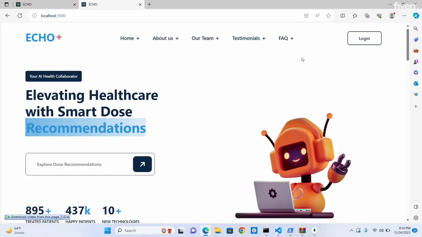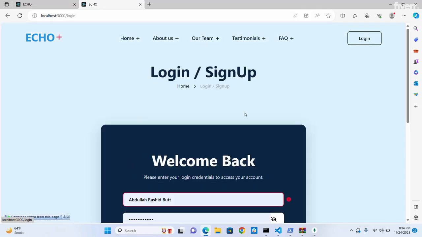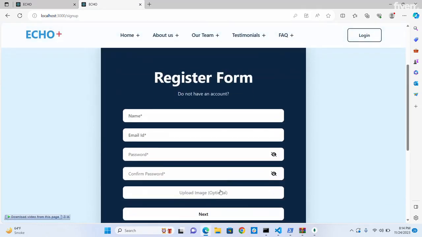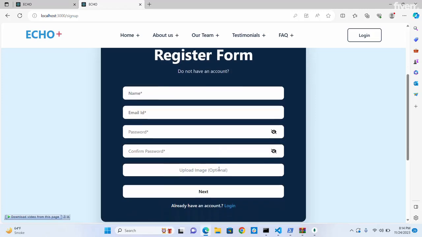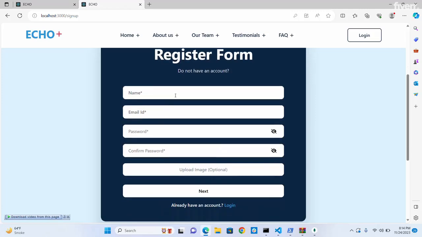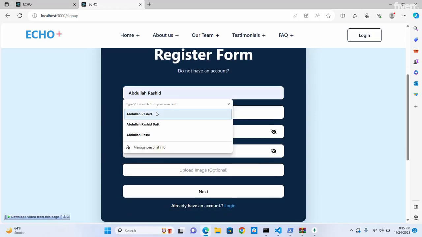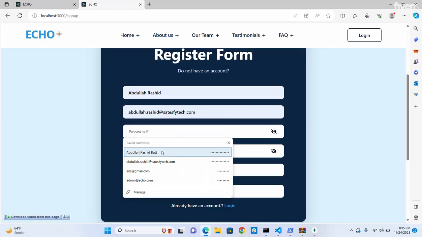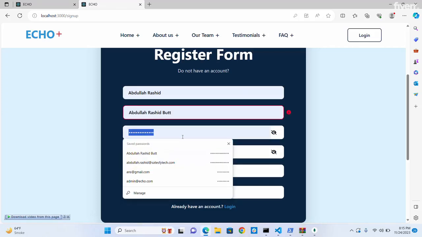So let me start with the login. As I'm a new user, I need to sign up first. Let's go to the sign up tab. This is the sign up form, and here I need to enter my information to create a new user. Let me add my details: my name, my email ID, my password. I need to re-enter the password,